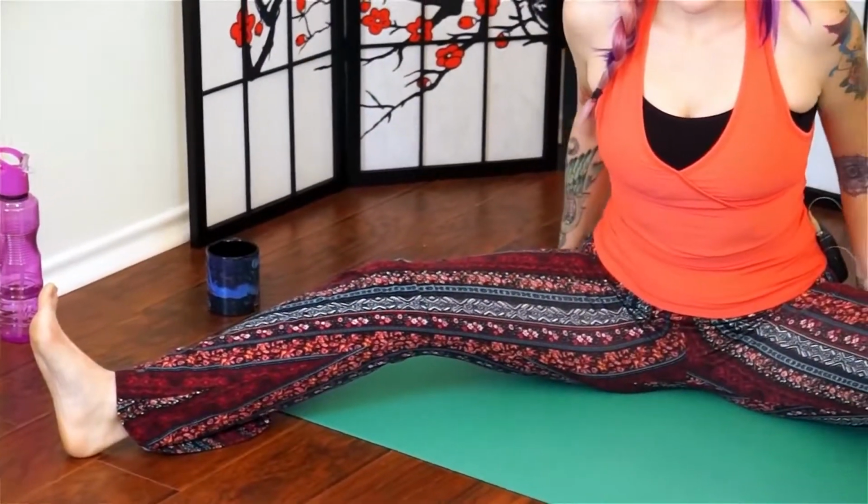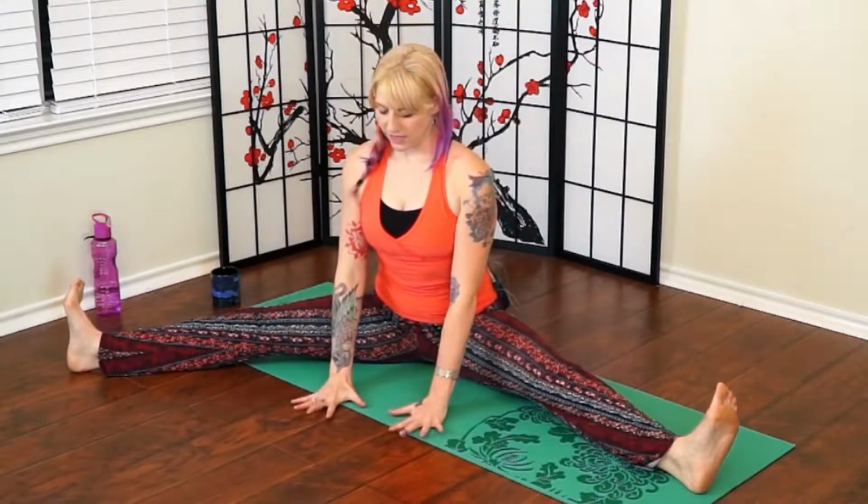And then see if you can put your hands behind you and lift yourself up and press yourself even more forward, and then press your heels out. So you want to draw your kneecaps up into your thighs. So take your hands out in front of you, and then on an inhale, open up your chest, look up, send your shoulders down your back. And you can stay here and just gently lean forward, or you can walk your hands forward one step at a time,